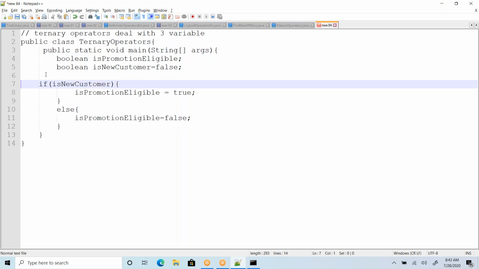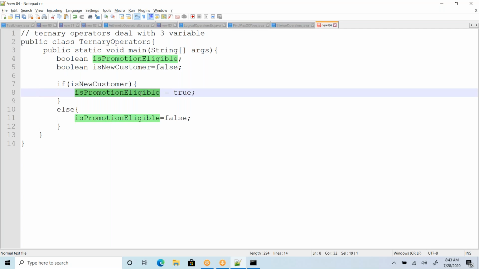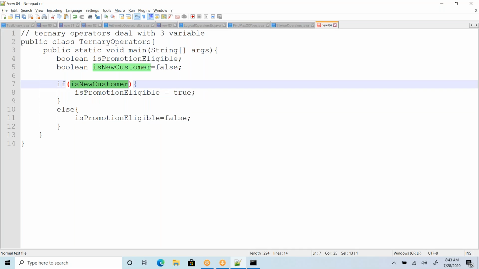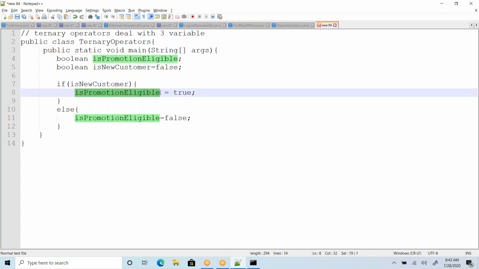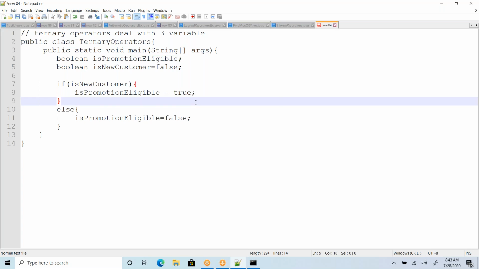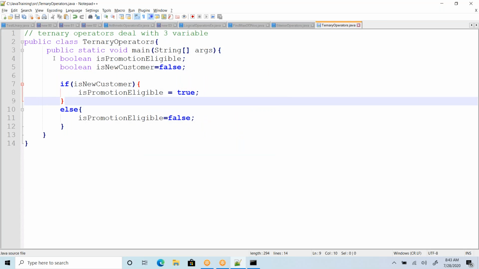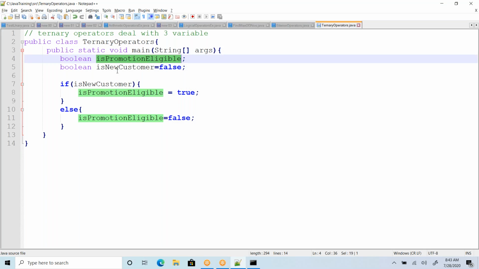So what is the logic here? If the customer is a new customer, I want to give the promotion, a promotional offer. If he is an existing customer, I don't want to give anything. Conditionally, I'm reinitializing this variable. I'm initializing this value with true or false conditionally, not directly.